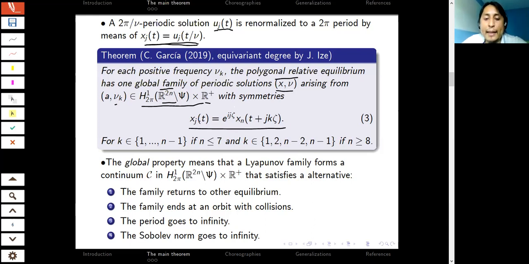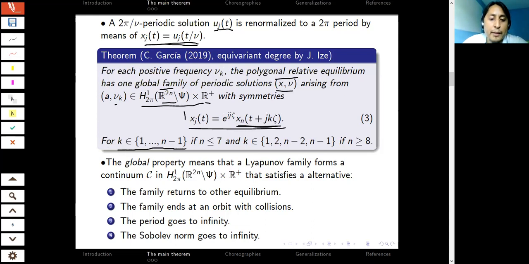This symmetry implies that the positions of the n vortices in the periodic family which arise from the polygonal relative equilibrium is determined only by the position of one of the vortices, right? But up to a phase and up to a rotation, right? So, okay. And well, later when one does the analysis, when these frequencies are real, that appears only for the